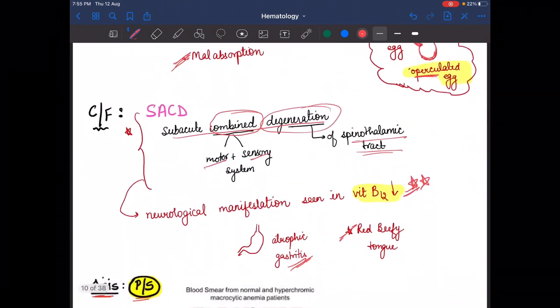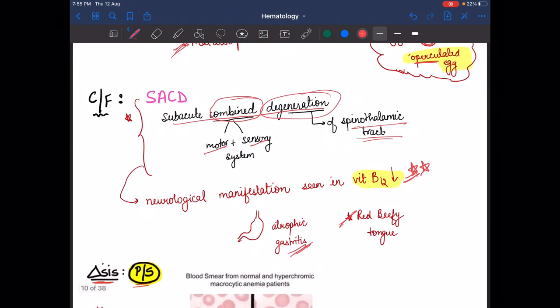Now, what clinical features do we see in megaloblastic anemia? The clinical feature we find is SACD, subacute combined degeneration. Combined means there is loss of the motor plus sensory system. Degeneration means there is degeneration of the spinal tracts. So the neurological manifestations are seen due to vitamin B12 deficiency,